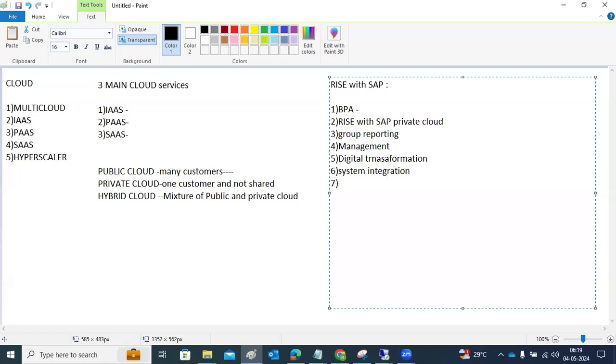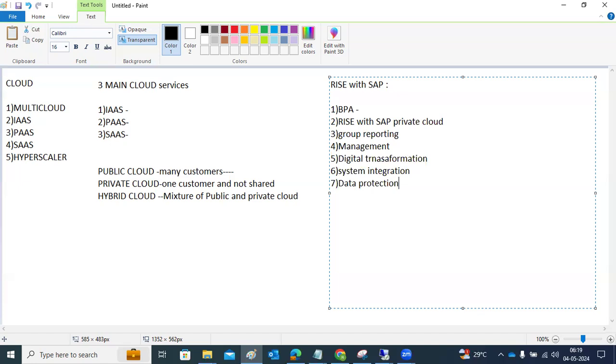These are the following components, and all these services are included in RISE with SAP.